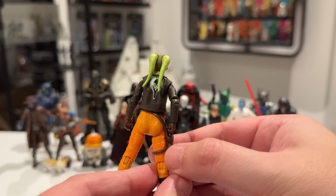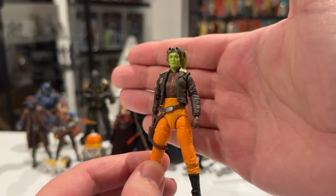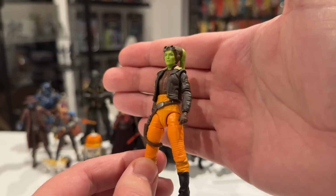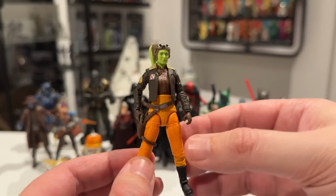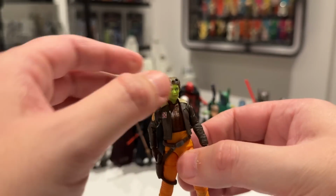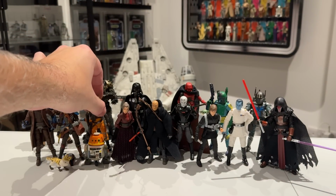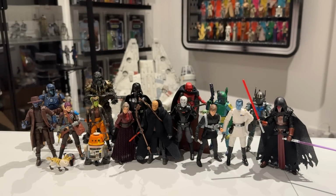Really nice paintwork on the jacket and everything like that. And it's just a really, really great likeness, and you've got all the articulation. Really, really good figure, but it doesn't make the top of the list for the Bossk's Bounty community as a whole. As I said, we had nearly 800 people voting, and she was in third place with